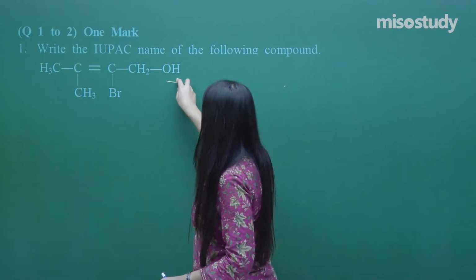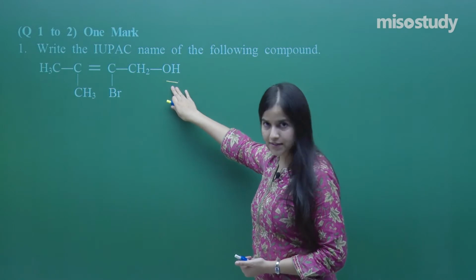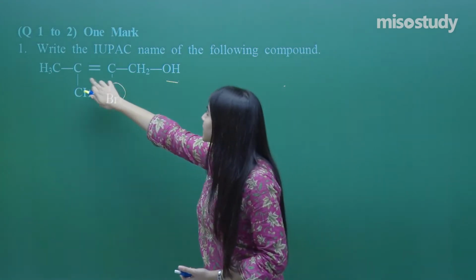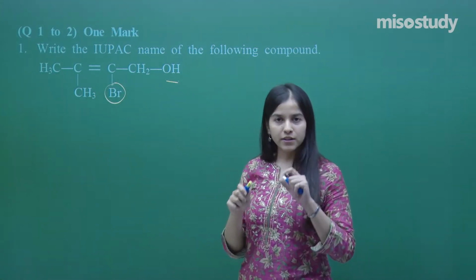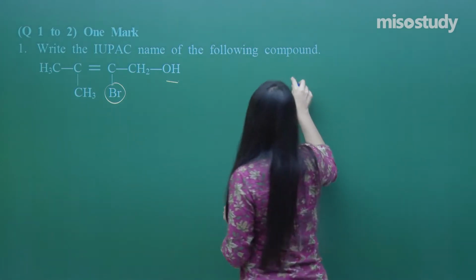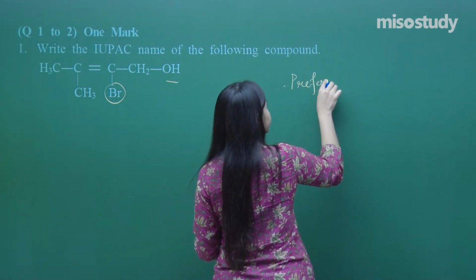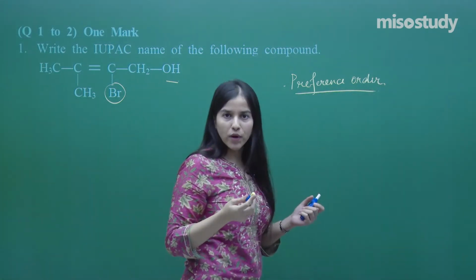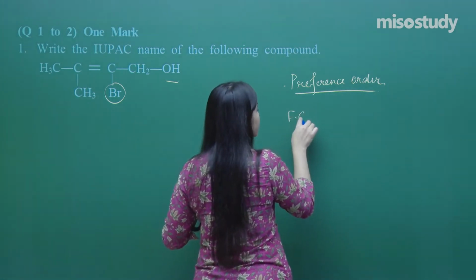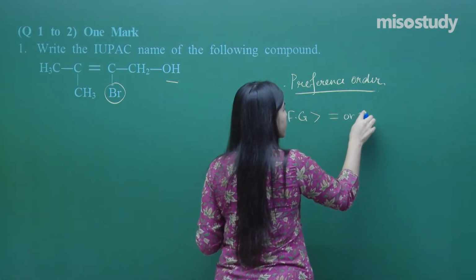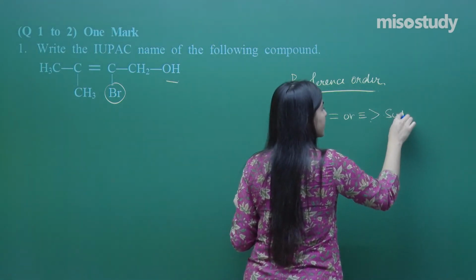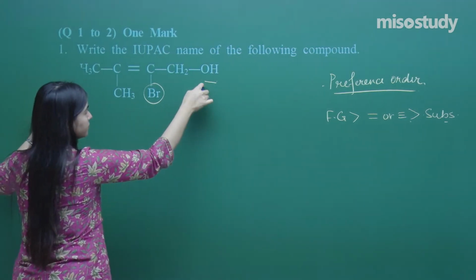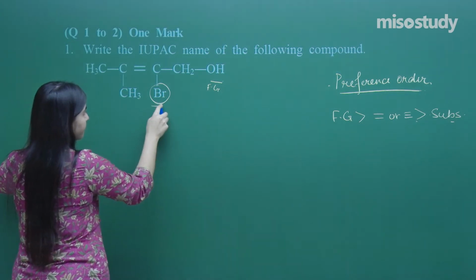See what I have got, the main things, OH, that is the functional group, this is substituent, and also there is a double bond. So we have got a preference order. Let us see the preference order first. So it is a bit confusing question. Why? Because preference order says that functional group should be given preference over the double or the triple bond, and yes, substituent finally. Fine. So see here, what I have got is functional group, substituent,